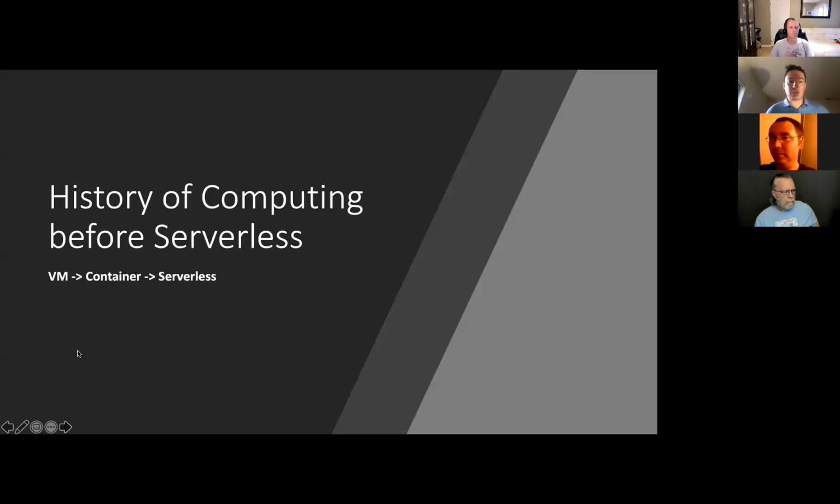So before there was serverless, people used VMs, virtual machines, and they would divide a physical hard drive with multiple operating systems. And then there were containers and container orchestration, which most people are using now. Most people are using Docker or Podman, and they're using something like Kubernetes or OpenShift to orchestrate the containers.